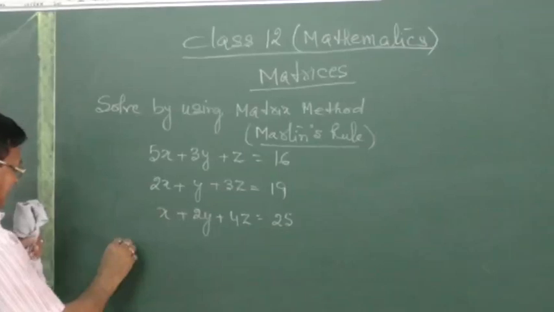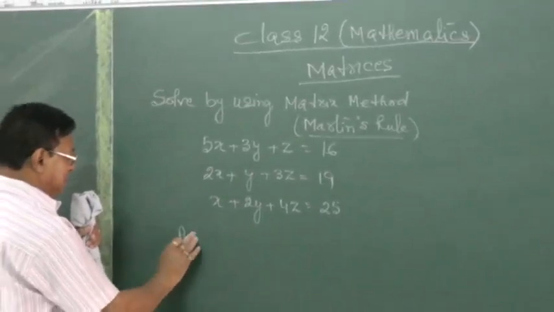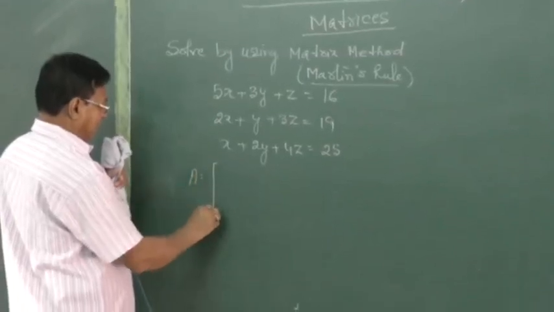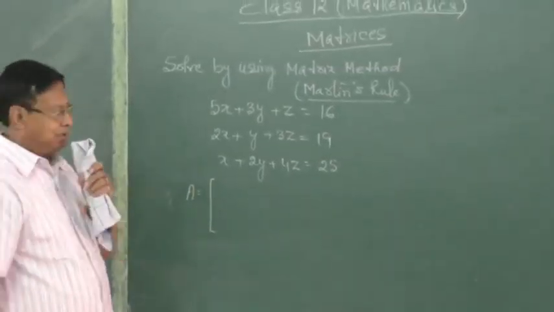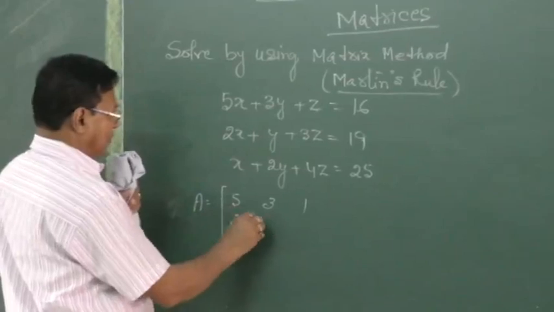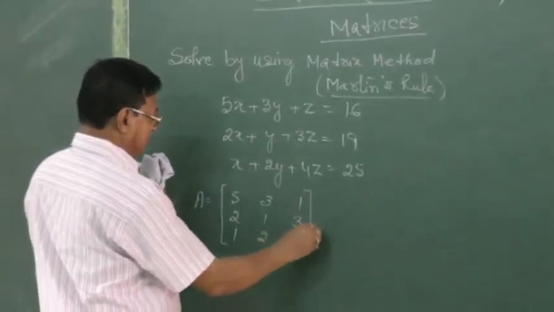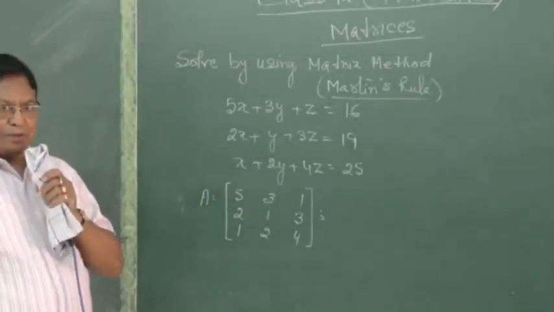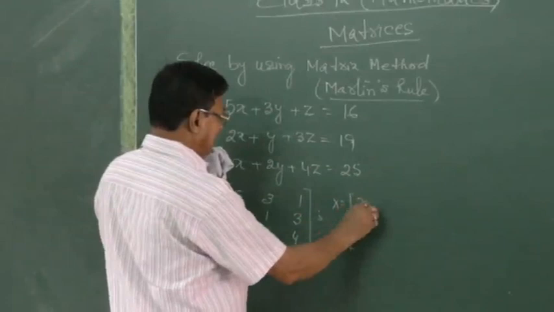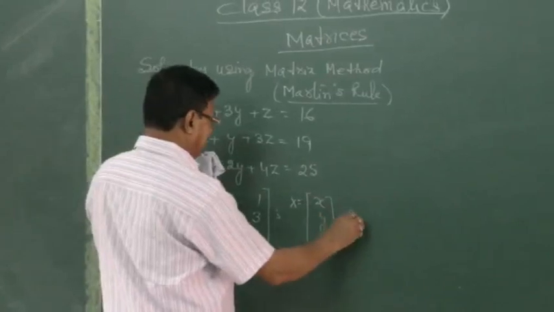What we do here, we write the matrix A as the matrix of the coefficients. So coefficients 5, 3, 1, 2, 1, 3, 1, 2, 4. So first the coefficient matrix, then we write the variable matrix x, y, z,